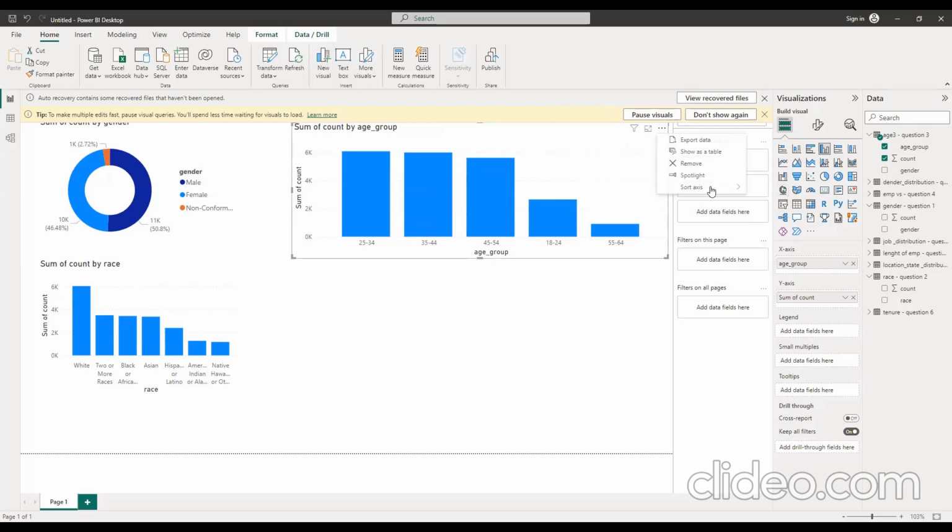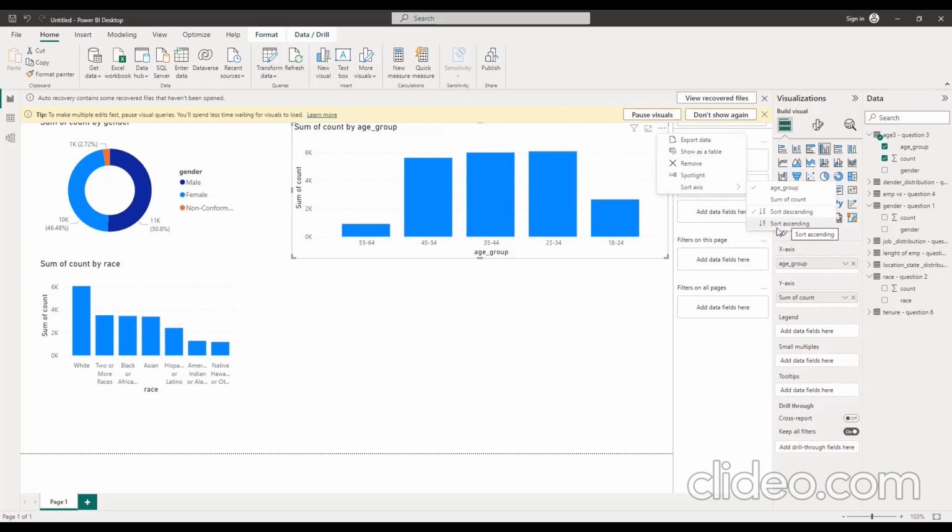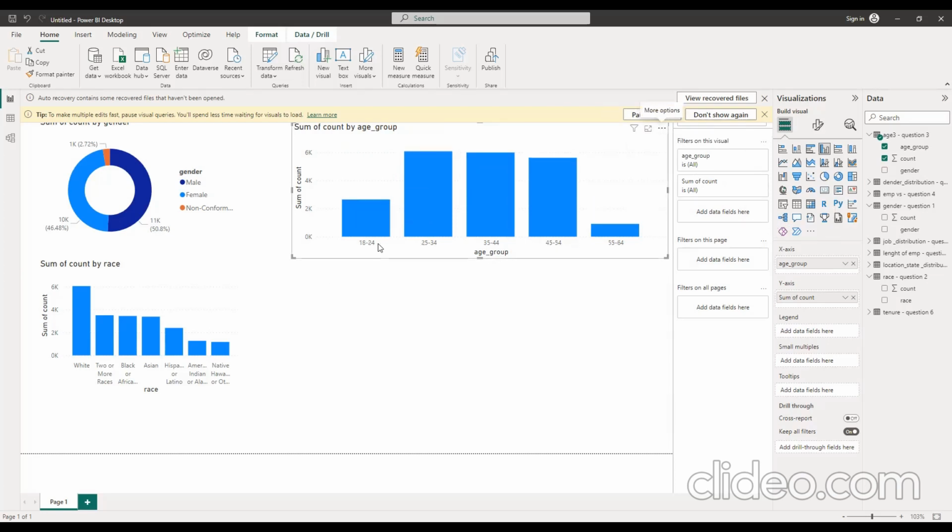So I want it to be in ascending order. Okay. So 18 to 24 should come first because I'm sorting it in ascending order for age groups only, not by the count. Then I can bring in the gender